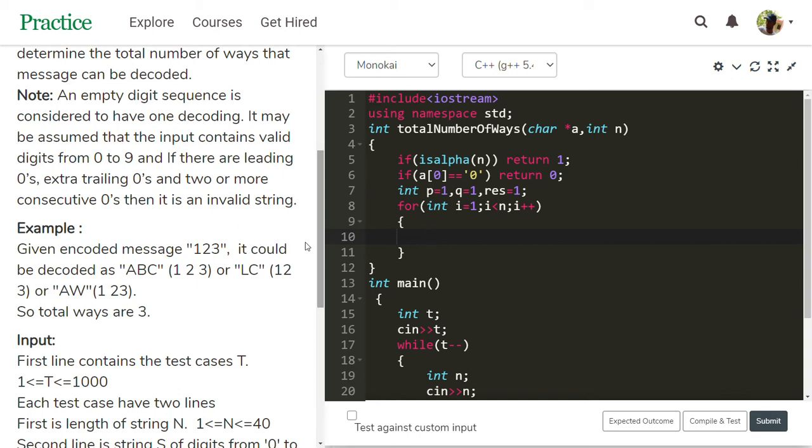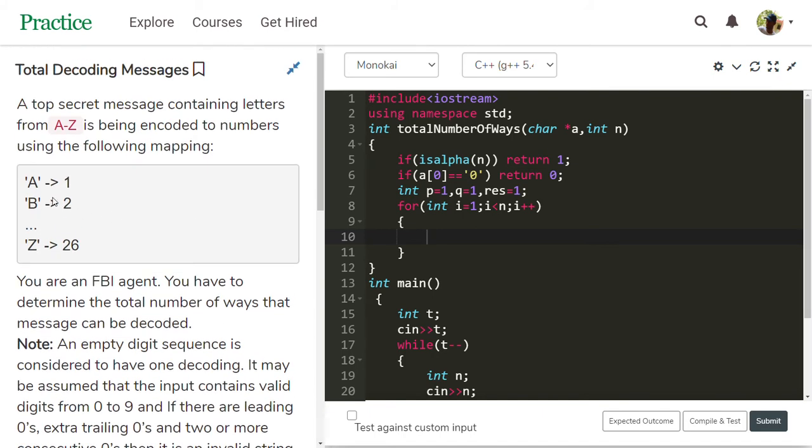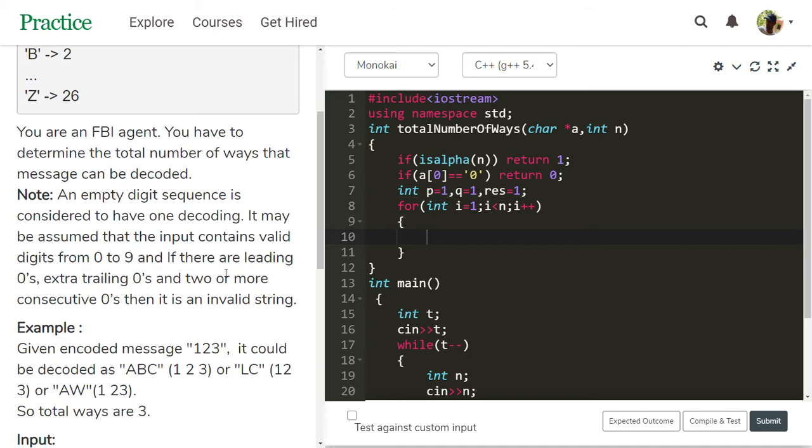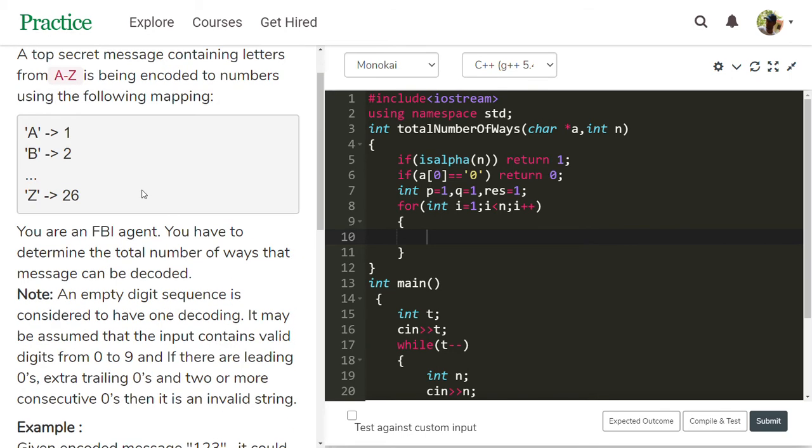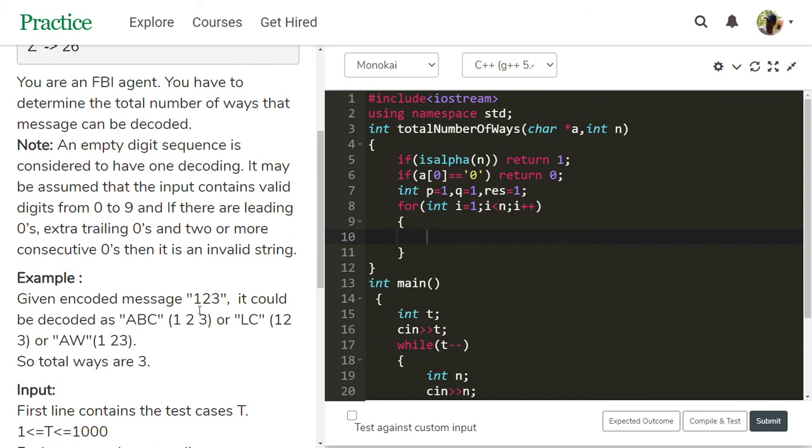Now, is this in between 10 to 26 or not? If it is under 10 to 26, then the previous values are added.